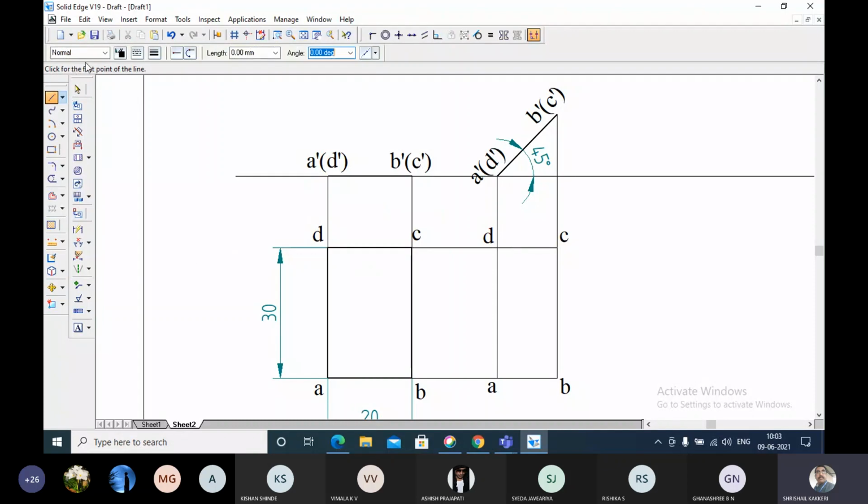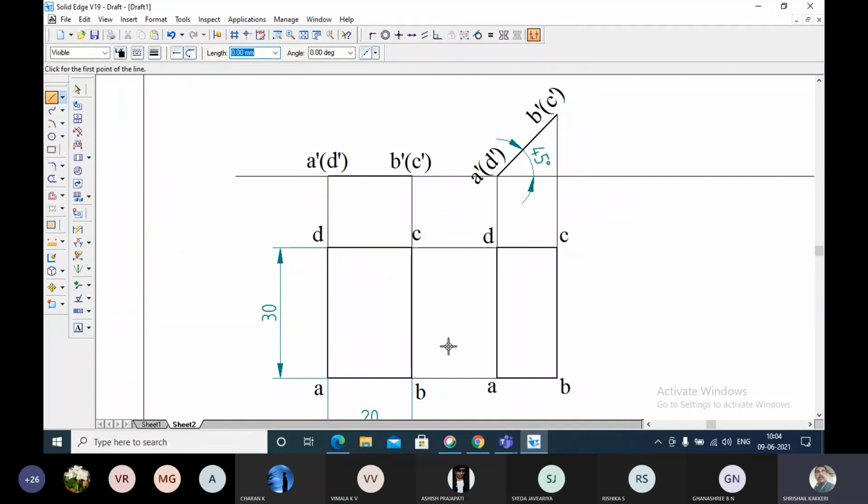Now what I'm doing, I'm going to take a visible line from A. Always make a practice of writing from A to B, B to C, C to D, and D to A. This is how the lamina appears in the top view when it is tilted through the edge AD at an